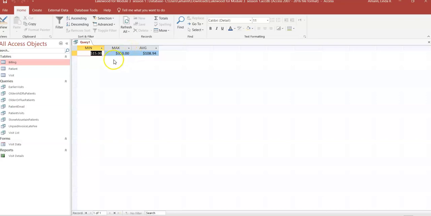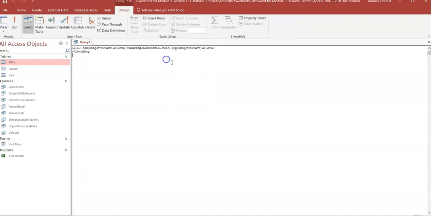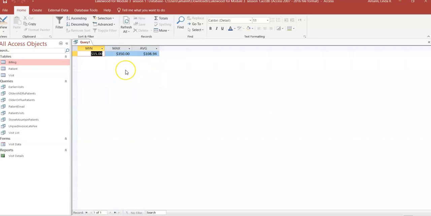Okay, I don't know. Did you? I think that's kind of neat. Shall we look at SQL one more time? Right? And then see how the names right in here have changed? Now, the great part of Microsoft Access, it's kind of like this drag and drop, and it does all the work for you. All right, I'm going to hit save and I'm going to name this one invoice amount statistics